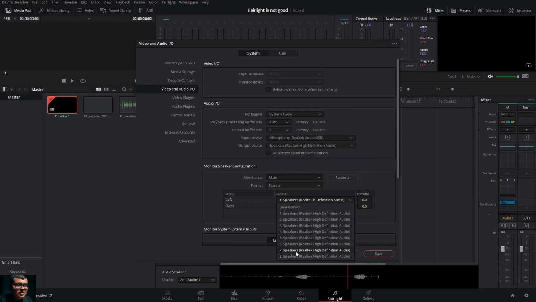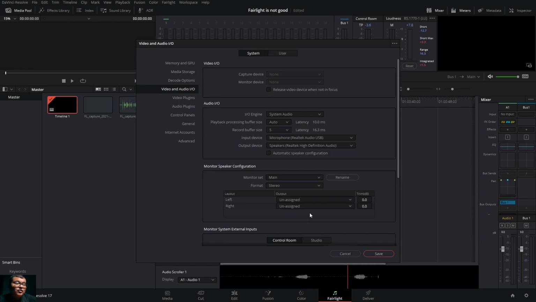You're getting 8 outputs, so this is a 7.1 configuration. But you have a stereo headphone connected, so by default it will come unassigned.